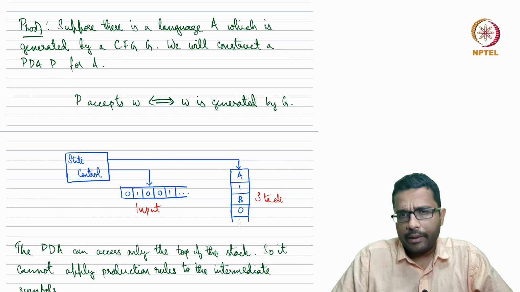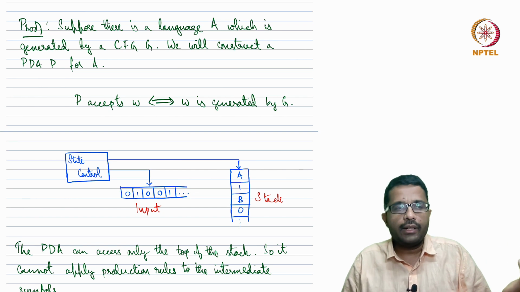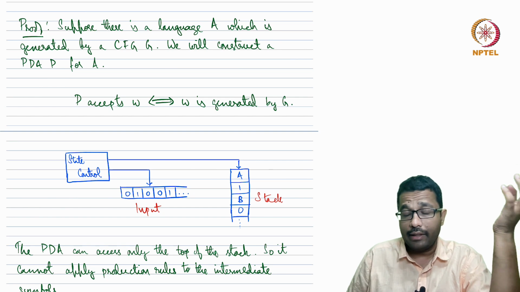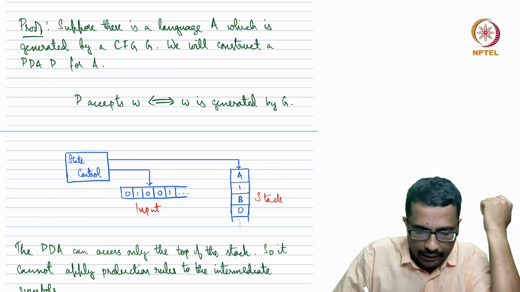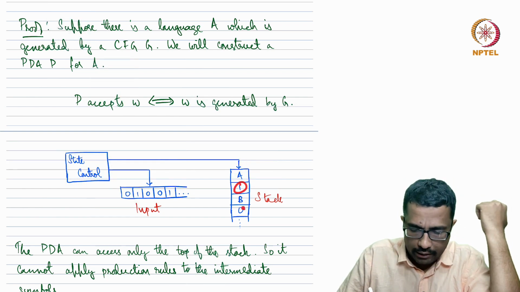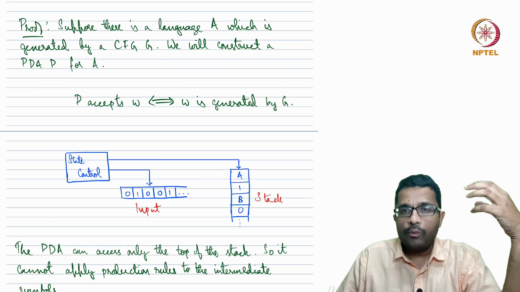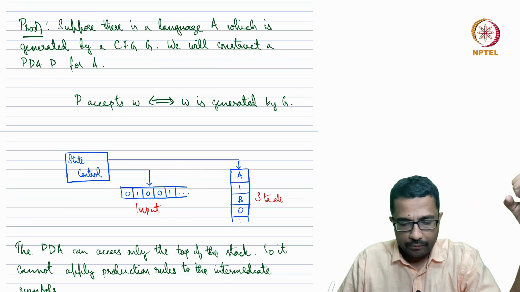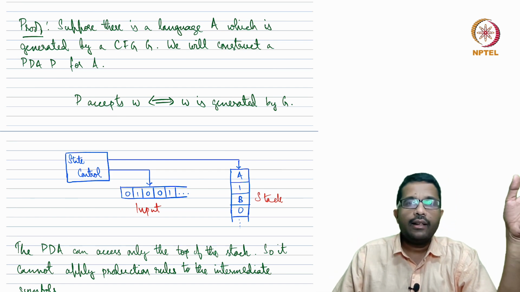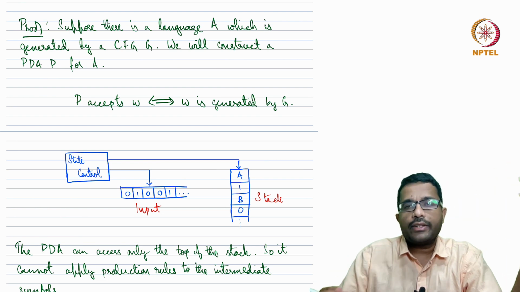So for a moment, let's assume that somehow we are able to push the variables of the grammar, also the terminals of the grammar. So we had a grammar, right? So suppose, let's say capital A here and capital B here are variables of the grammar. Let's say 1 and 0 are terminals of the grammar. Suppose the stack contains all of that, right? So somehow we want to be able to use the stack, or use this entire PDA structure, to emulate the derivation of a string from a grammar, right?